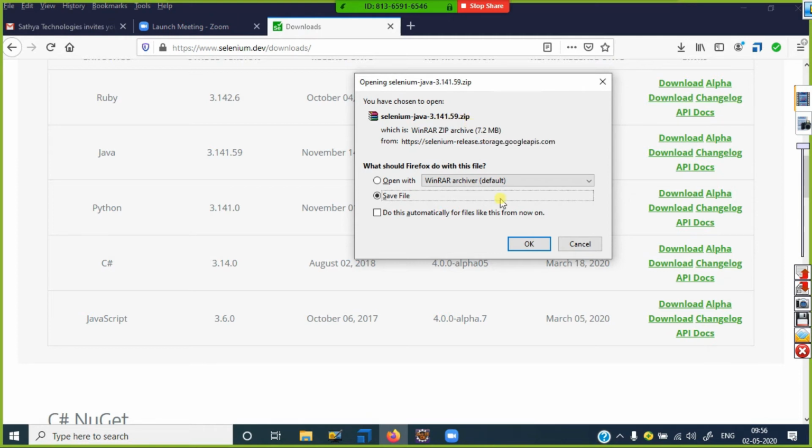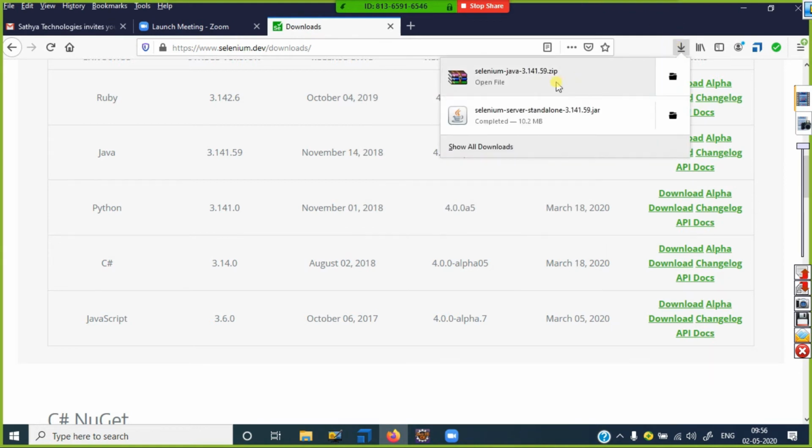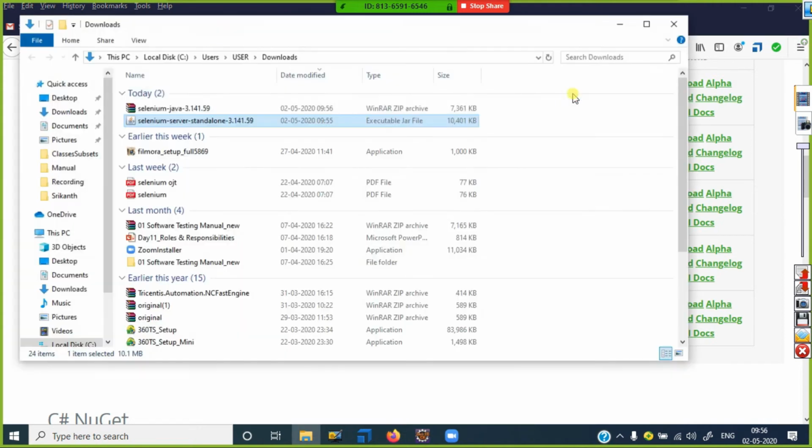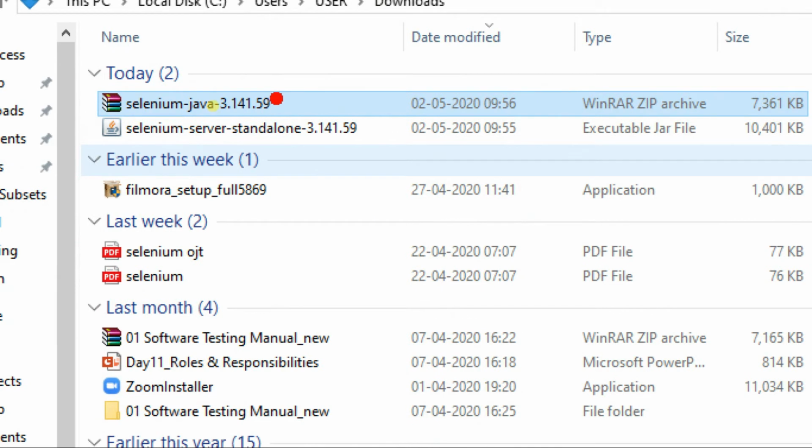The 3.14.59 stable version. Click OK. The download is also completed, it will take some time. You can use this or you can use that one.